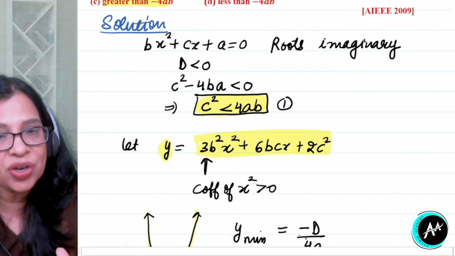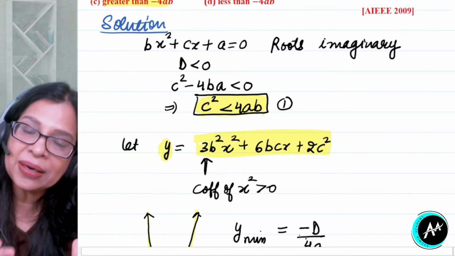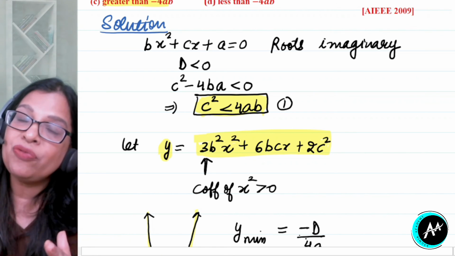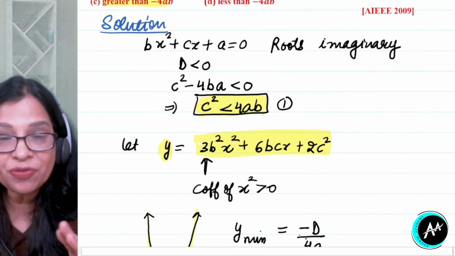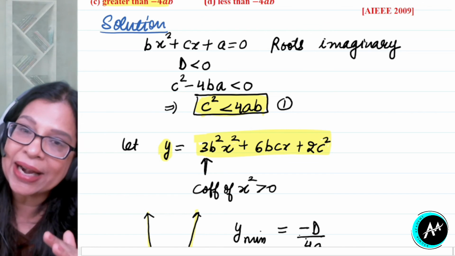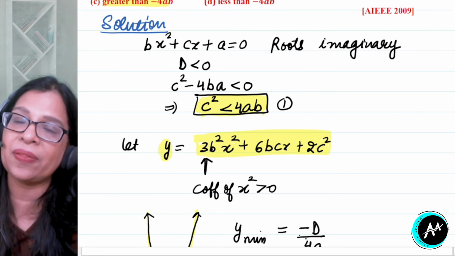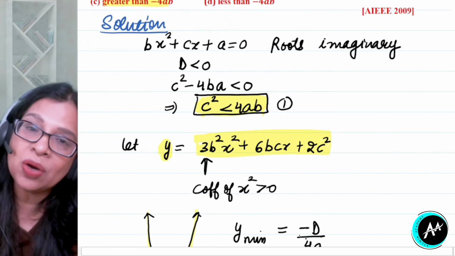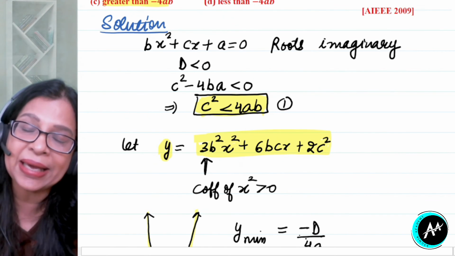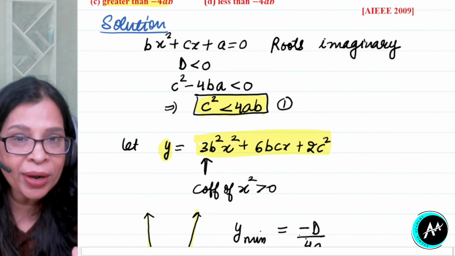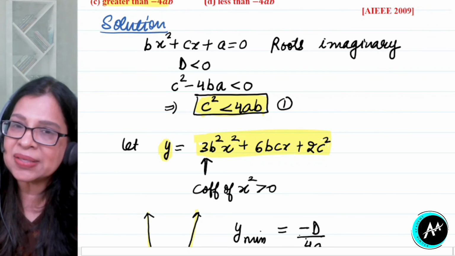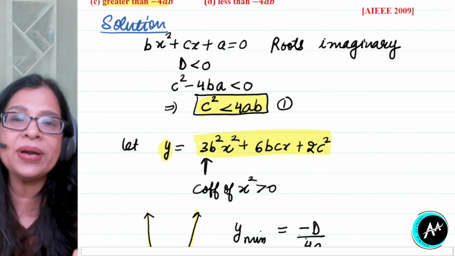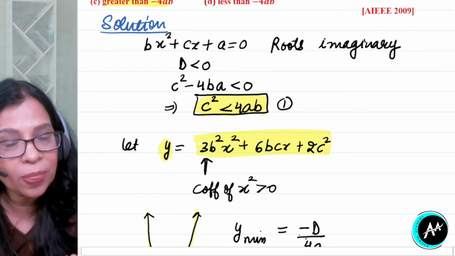Then in the next section, what we did, the cases when a parabola intersects the x-axis in two distinct points. So it will intersect in two distinct points if it has distinct and real roots. That means discriminant is strictly greater than 0. Then secondly, when will the parabola y is equal to ax square plus bx plus c touch the x-axis at one point only? Touching at one point means there is only one real root. That means roots are real and equal. So discriminant will be equal to 0.